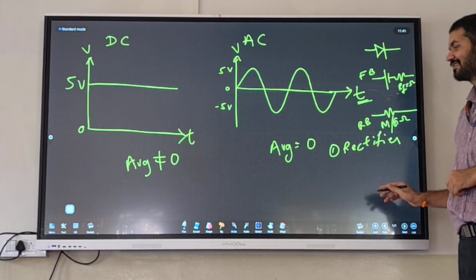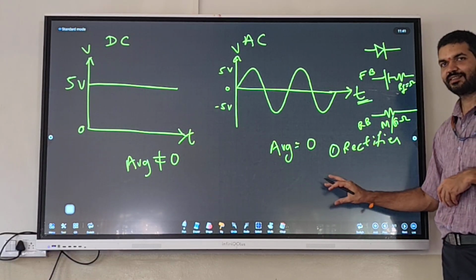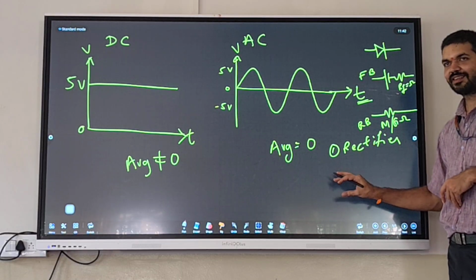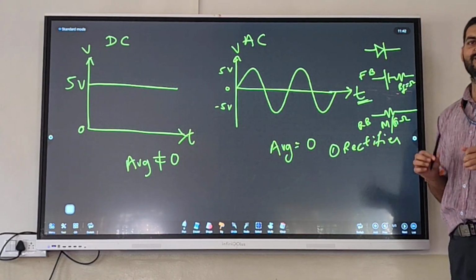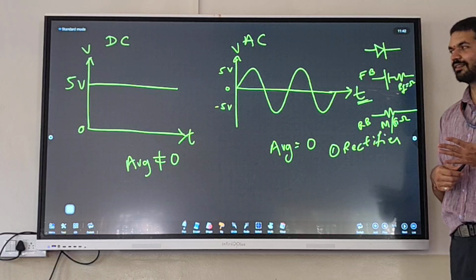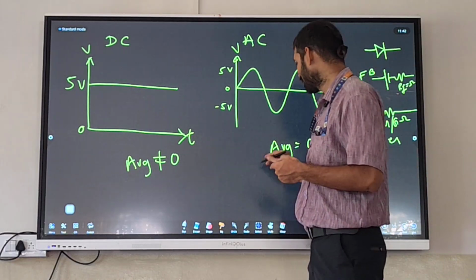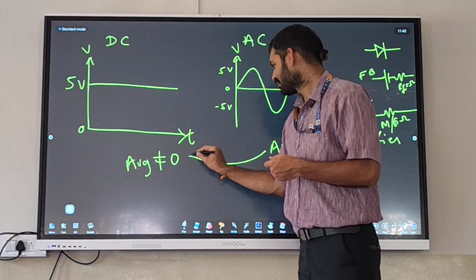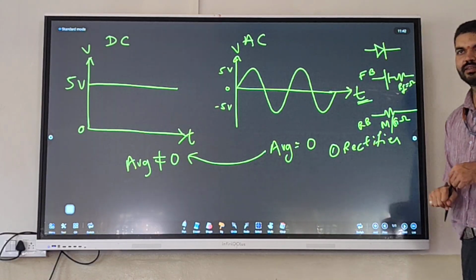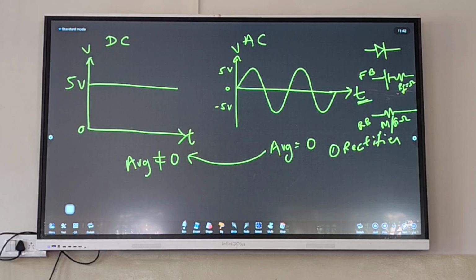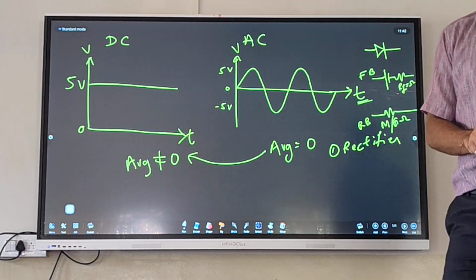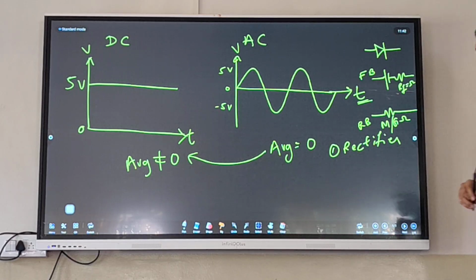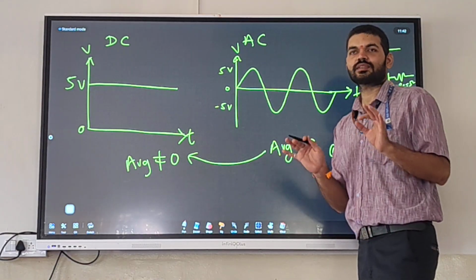Rectifier, transformer, half wave, full wave. What is a rectifier? A rectifier is a circuit which will convert a zero average signal to a non-zero average signal. If you say a rectifier converts AC to DC, it's not 100% true. Because a rectifier alone cannot convert